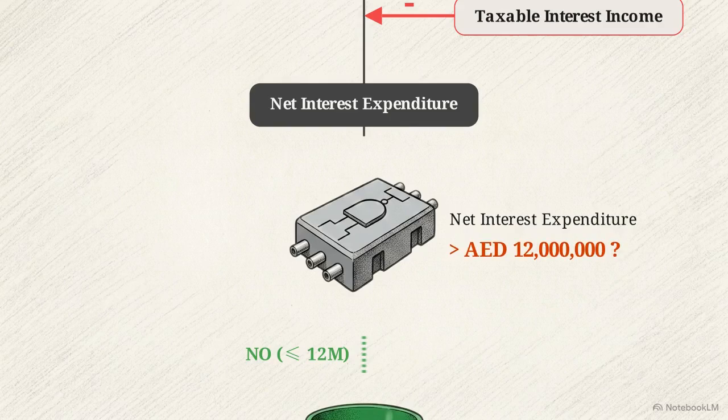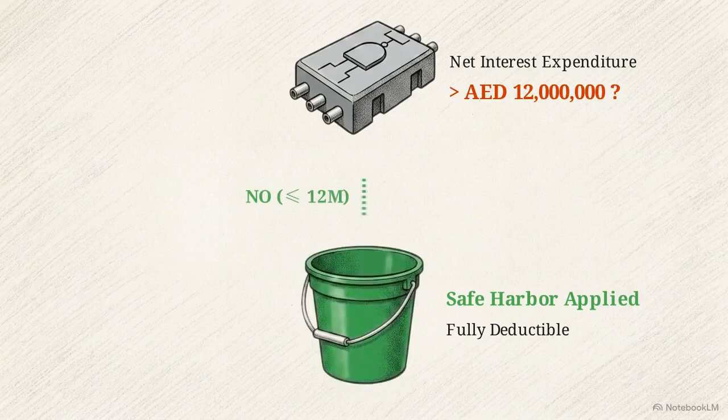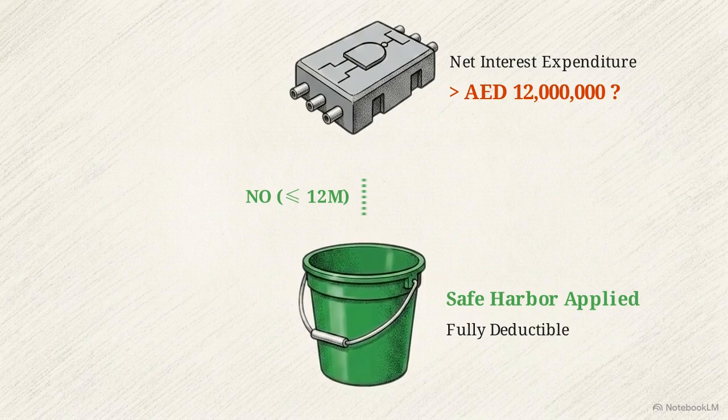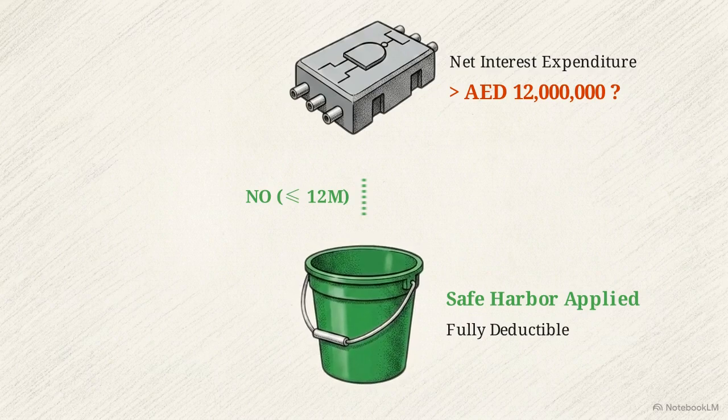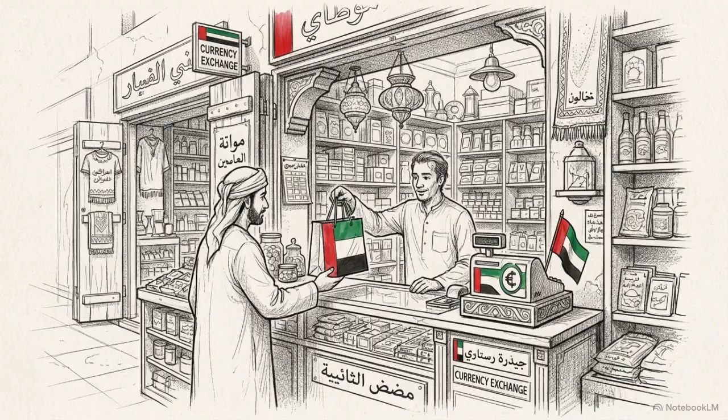Once the total pool is defined, we hit our first filter, the safe harbor test. This test is based on net interest expenditure, which is simply the total interest expense incurred during the tax period, minus any taxable interest income derived in that same period. If the net interest expenditure is 12 million dirhams or less, the general limitation rules do not apply. The entire amount is fully deductible. This de minimis threshold serves a specific structural purpose. It removes the complex compliance burden of thin capitalization rules for startups and smaller businesses while they require unhindered access